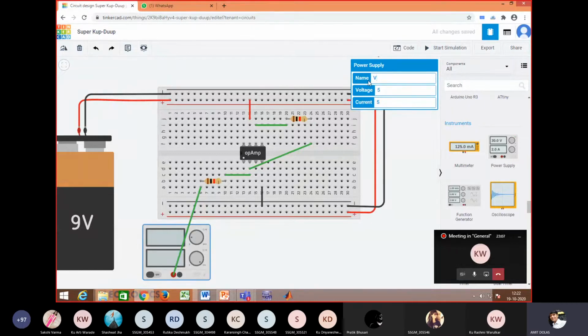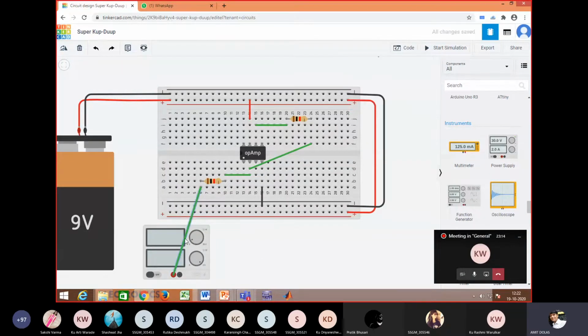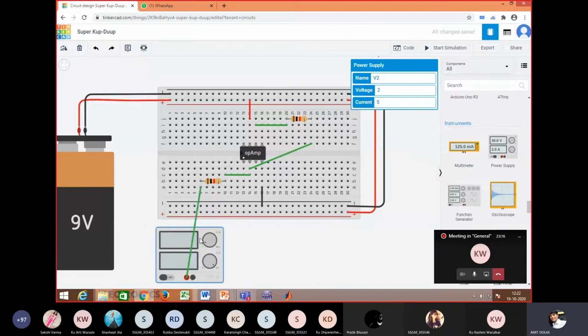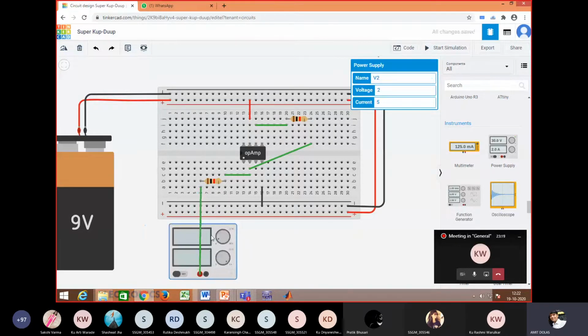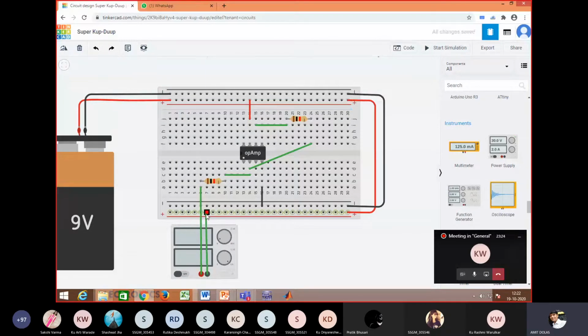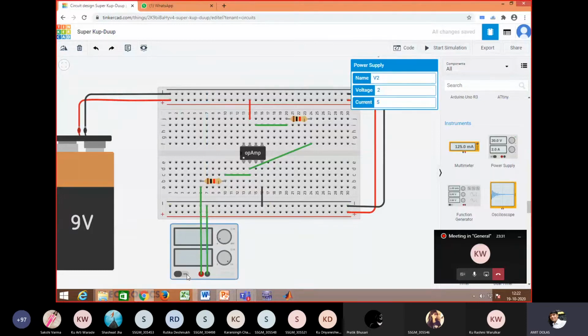This is your voltage source 2, and I will say voltage source 2 is equal to, say, 2 volt, whatever may be the current rating. Right now we are not interested in that, later on we will change it. So here the positive is connected, you can see, and the negative will be connected to the negative terminal. This is the negative black line where the negative is connected. Whenever we simulate this circuit, we will be able to turn this power supply on and off. Right now we have not yet simulated, we are just connecting the lines.